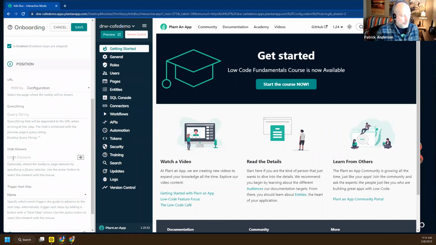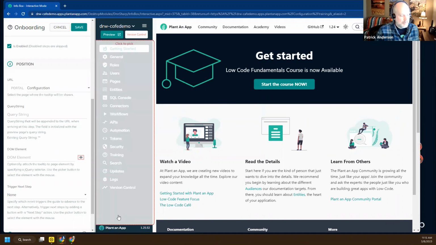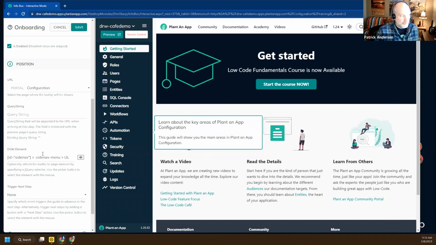So I want to choose a DOM element where the tooltip is going to appear. This can be a little bit tricky. I put my cursor here and I click this button, and notice that now I have different areas of the page being selected. What I really want to do is select the entire side panel. This is about the best I've been able to accomplish, but I just want to show you that you have the option of using the element it loads as